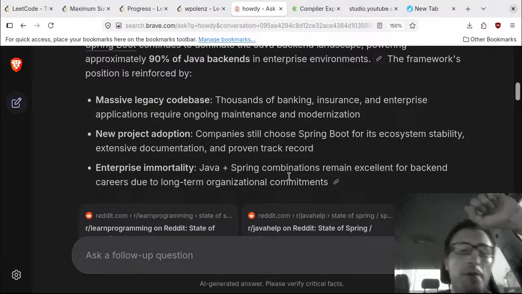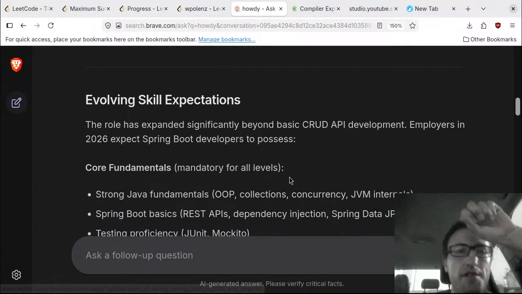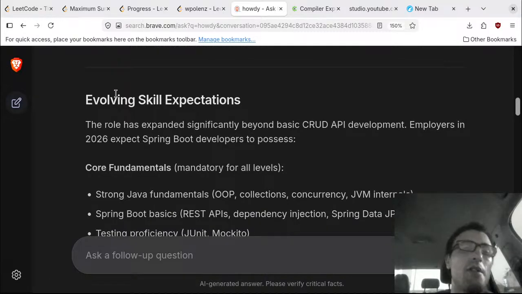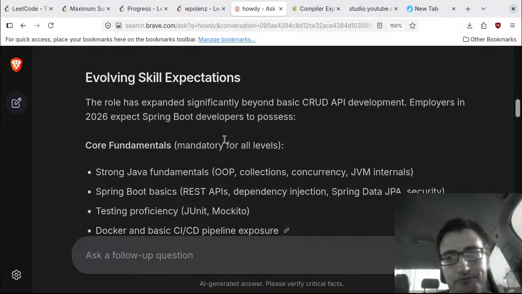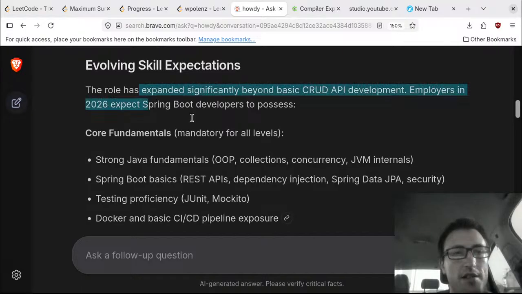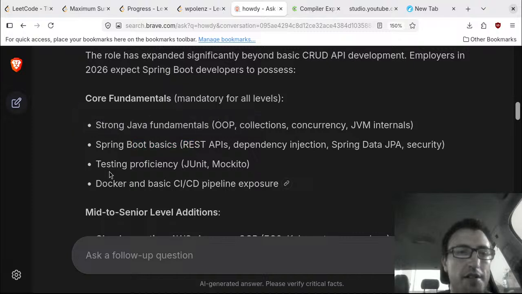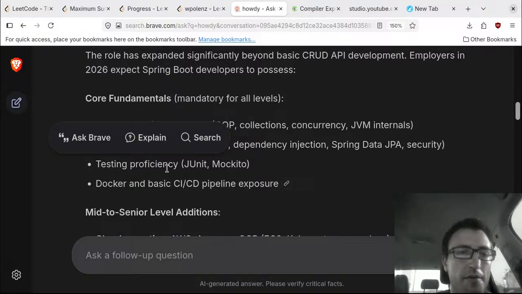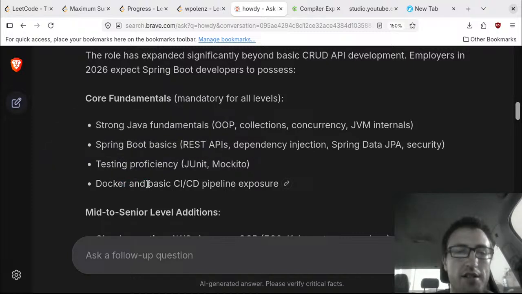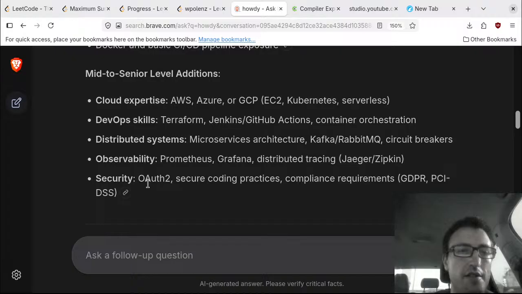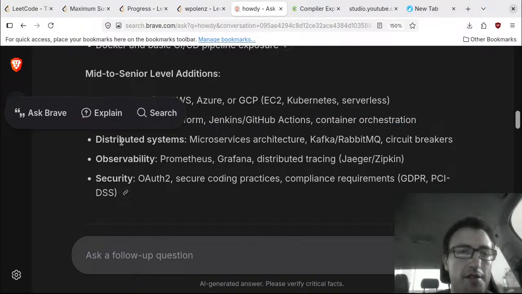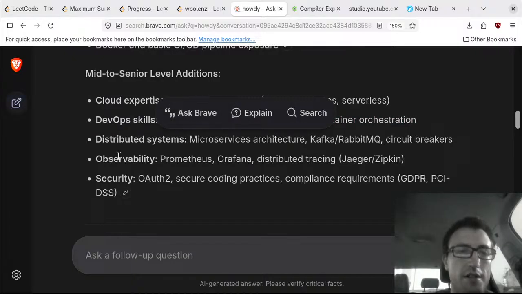Excellent for backend careers due to long-term organizational commitments. Evolving skill expectations. It's evolved beyond CRUD APIs: core fundamentals, strong Java, Spring Boot basics, testing proficiency, Docker and basic CI/CD pipeline exposure. Mid to senior level additions: cloud expertise, DevOps skills, distributed systems, observability, security,